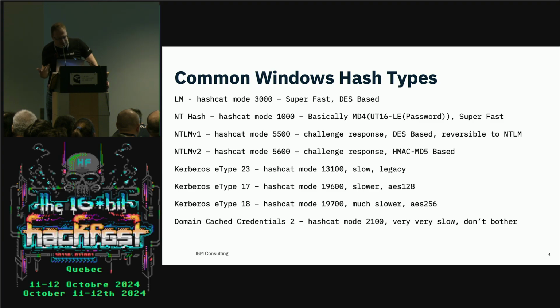You'll see some Kerberos-style attacks, etc. The one thing you never want to try cracking is if you see a DCC2 hash, that is so highly iterated that even the most modern GPUs just cry on it. So you generally want to find a different technique, especially if you're a new pen tester. You'll see it in secretsdump all the time. You send me a DCC2 hash at work, I'm going to tell you go away, find something else. That's the nature of the beast.